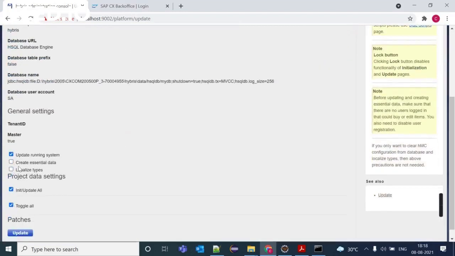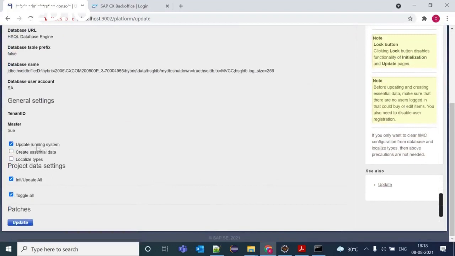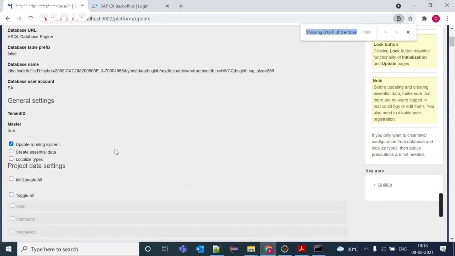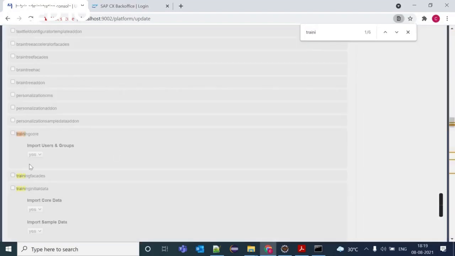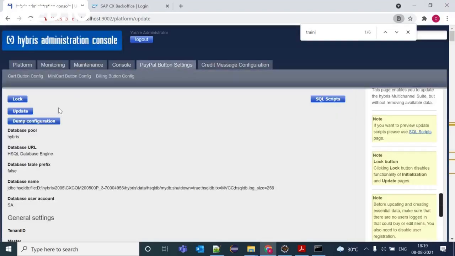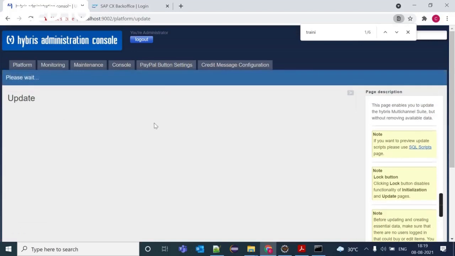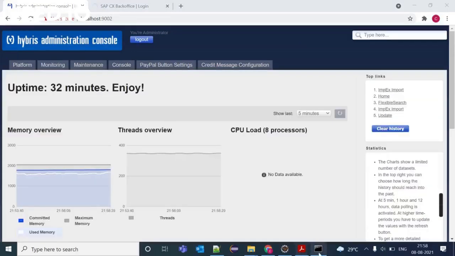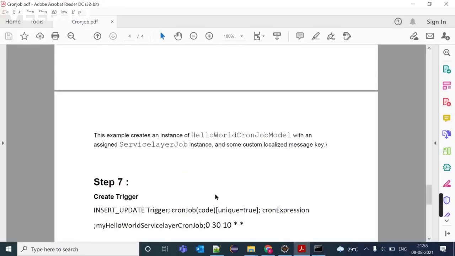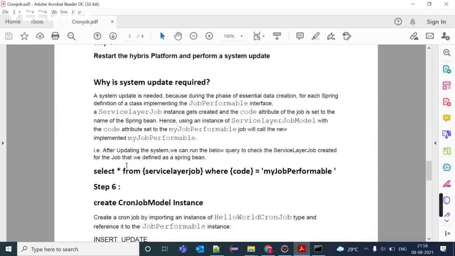Here we are going to create a new item type. I am selecting update running system, and we have made the changes in trainingcore, so we need to select this, and next click on update. After the successful system update, we can check whether the service layer job is created or not.